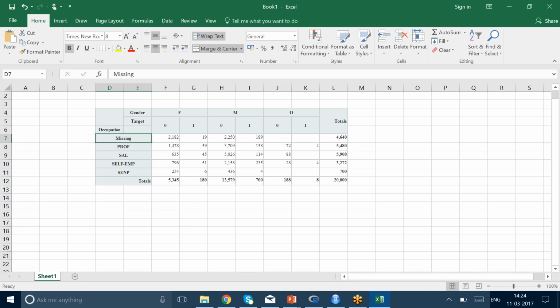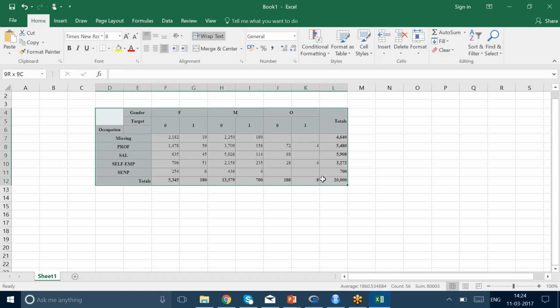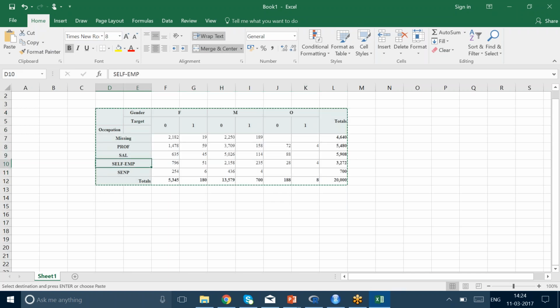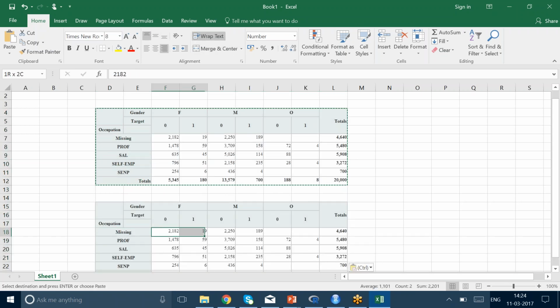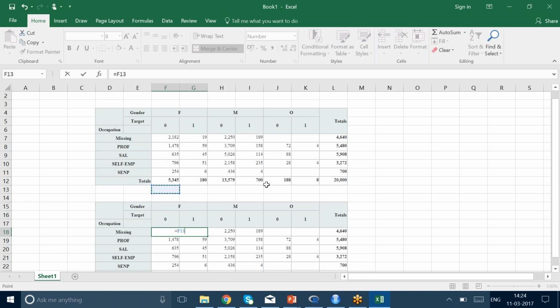In this, occupation missing and female, if I see the interaction, these many zeros are there, this many ones are there. So what I can do is, I can have a similar structure coming parallelly down and now merge them. Okay. And then I can say, in this intersection,